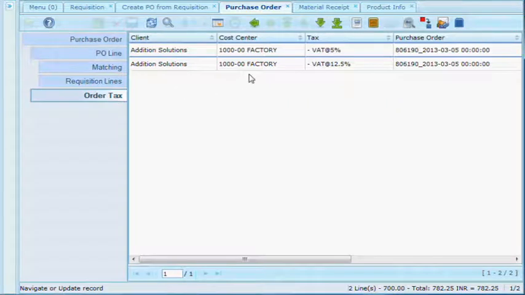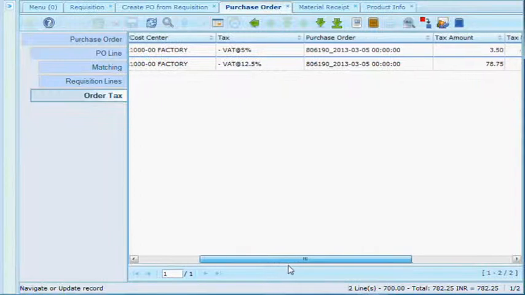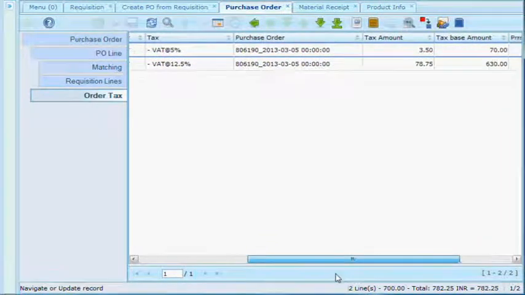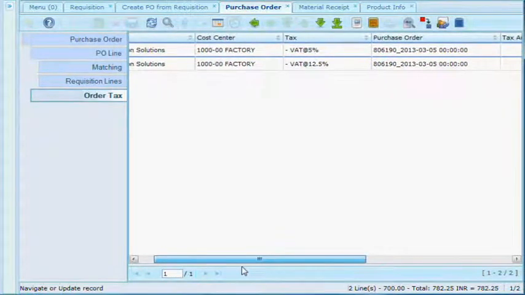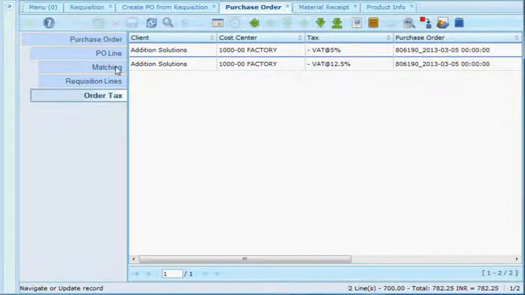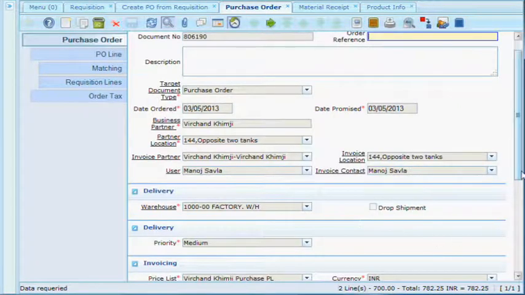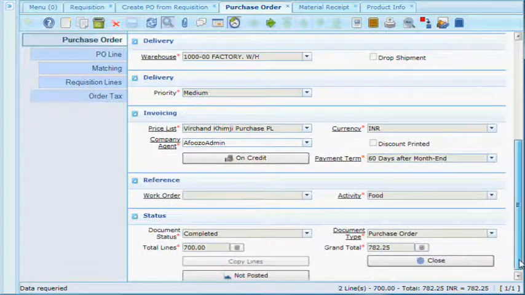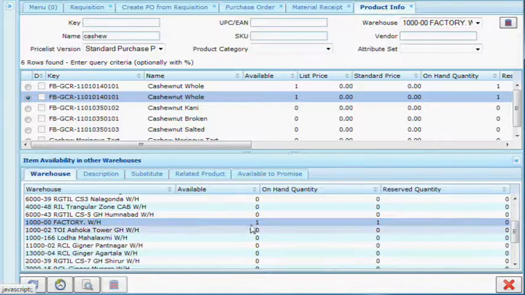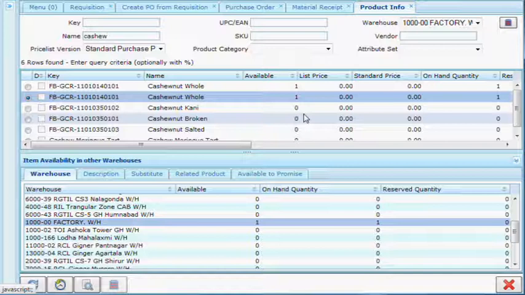Now the purchase order screen will add the values and the costs automatically as per the master, and even the tax will be added automatically, which is assigned to the product. You can see in the tab order tax, and on the purchase order's header on the lower side, the total lines, that is the total value without tax, and total value, that is the grand total with the tax. That's it. This way the inventory has been controlled in the system.